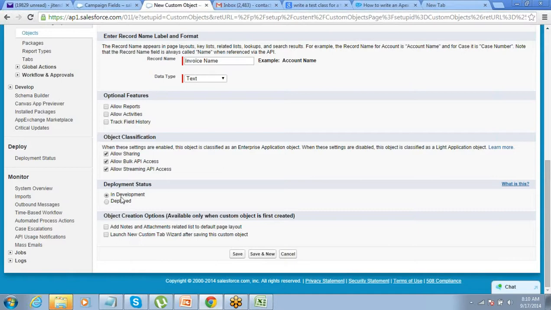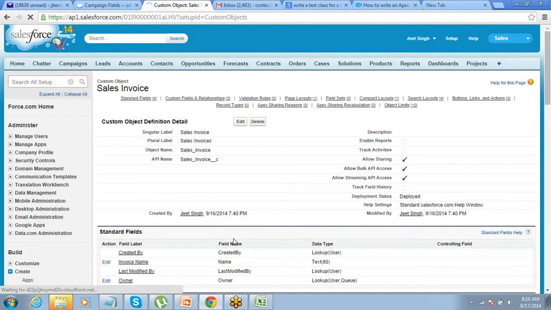At that time you should keep it in development, but as of now, while you are working on your developer edition, you should always keep it deployed, because there is no other team which will look into it. You are the only one accessing it, right? So keep it deployed, save it. So your object is created. What have we done? We have created the object. Object is done.